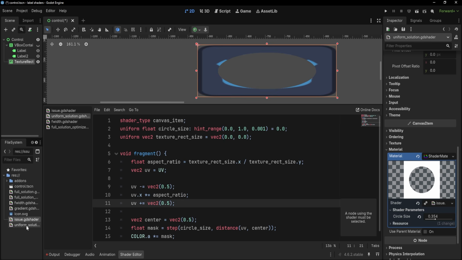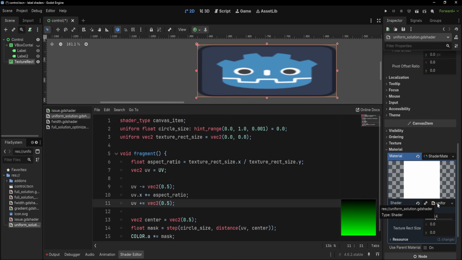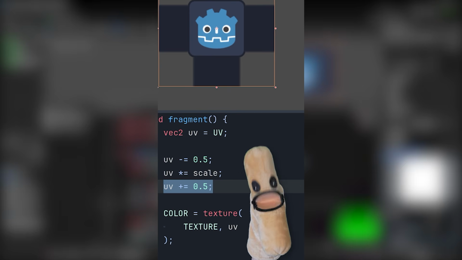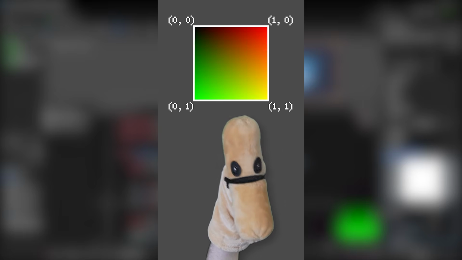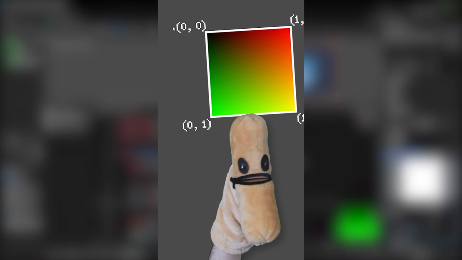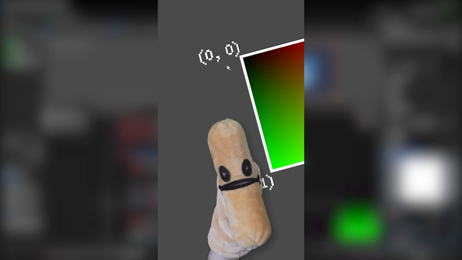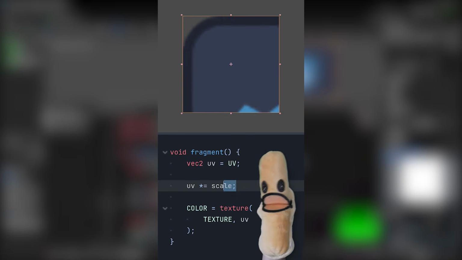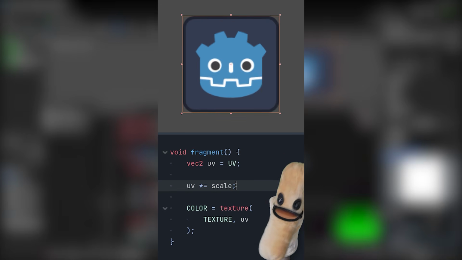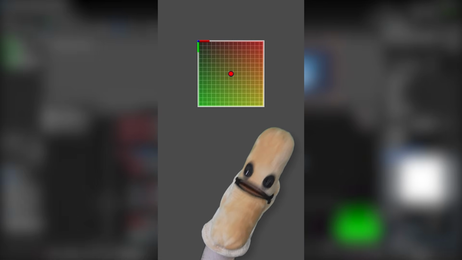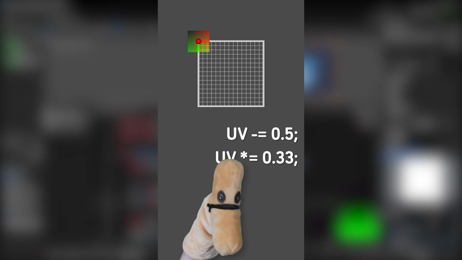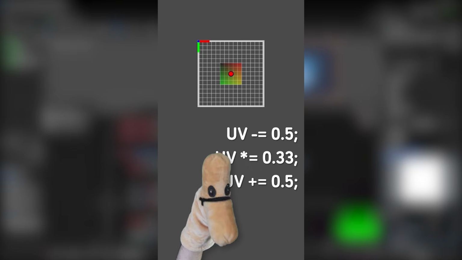Oh, and if you're wondering why I'm doing the -0.5 plus 0.5, here's what Cashew has to say about it. At first, it might look pointless, but that's how you choose where the scaling happens. The UV coordinates live in a 0, 1 box with the origin 0, 0 at the top left corner. If we only scale the UVs, the scaling always happens from that corner because multiplying anything by 0 returns 0, keeping that point in place. So, to scale from the middle, we'll shift the center of our UVs to that 0, 0 coordinate by subtracting 0.5, 0.5 from it. After scaling, all that's left to do is to move back the scaled texture to where